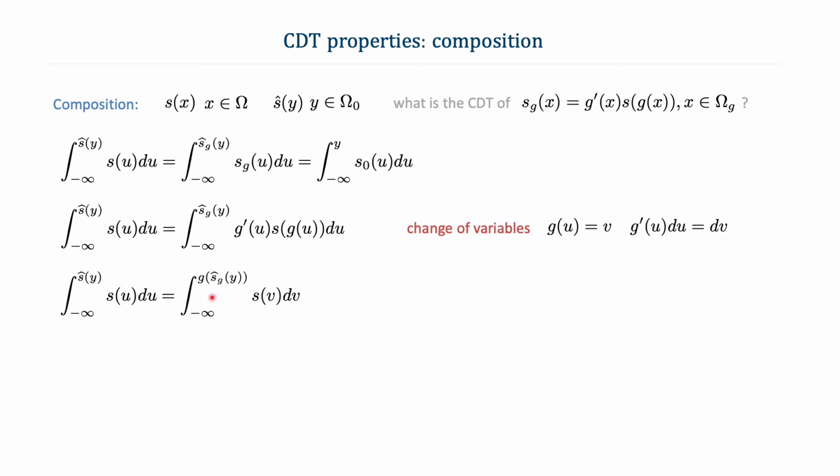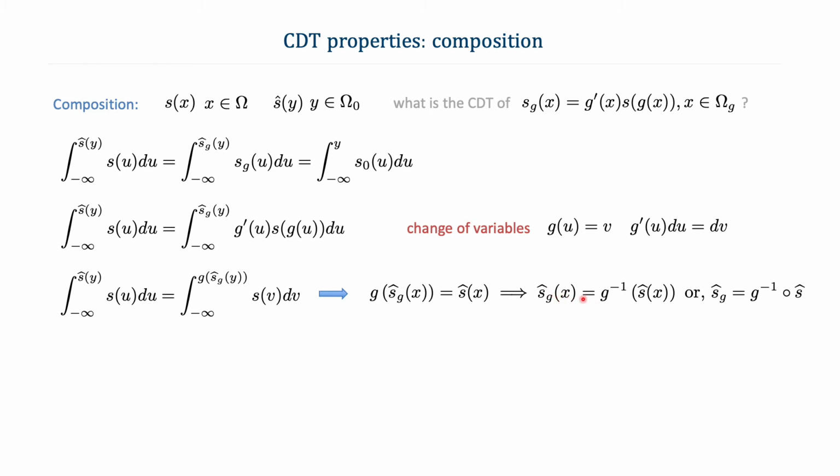And here we apply the change of variables to the right-hand side to obtain a relation between the transform of our original signal and the transform of our modified signal, right? So this means that these values in the integrals have to be the same, so we equate them,